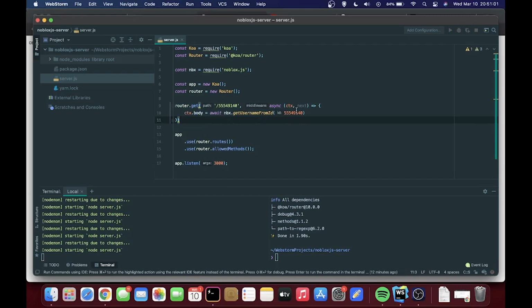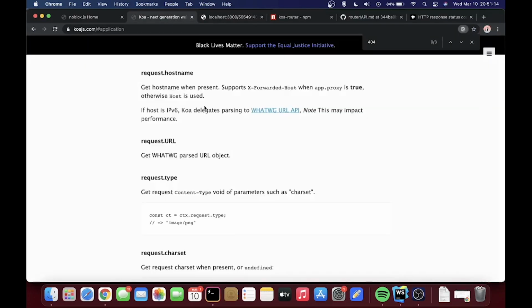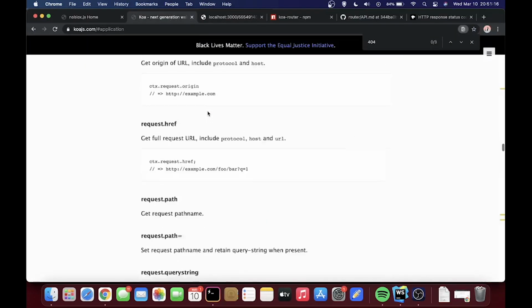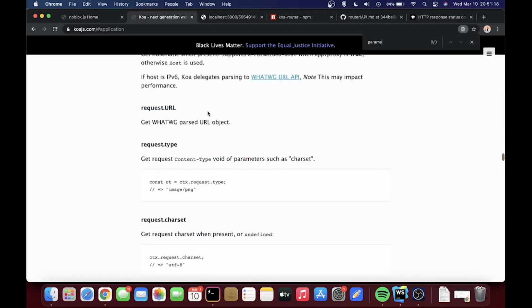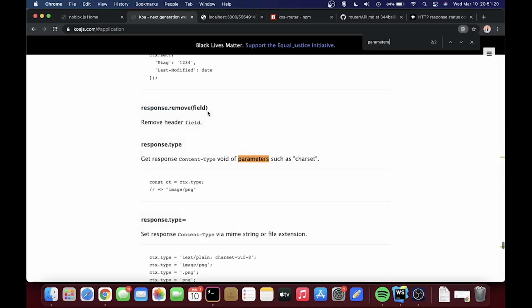Now, what if I wanted to get the username from an ID for any user that puts in their ID? Can I do that? I can. So the first thing I'm going to do is go back to the Koa documentation. So I'm going to go over here, and I'm going to find something called params, or parameters, and I'm going to look around.